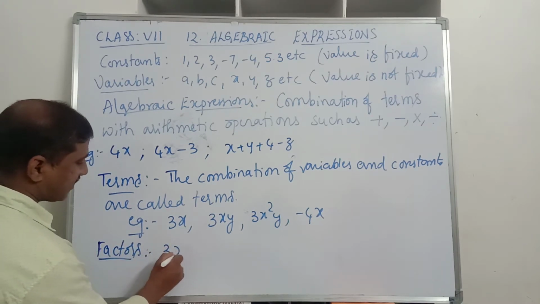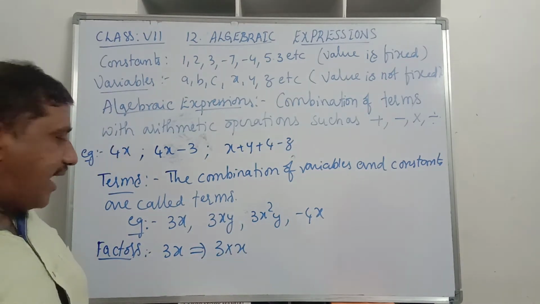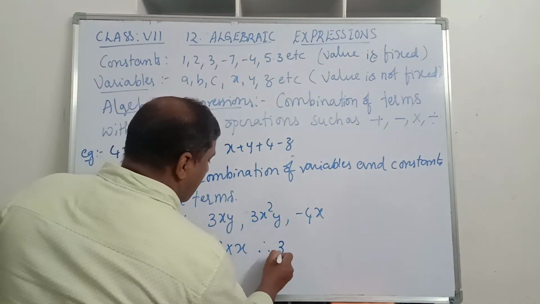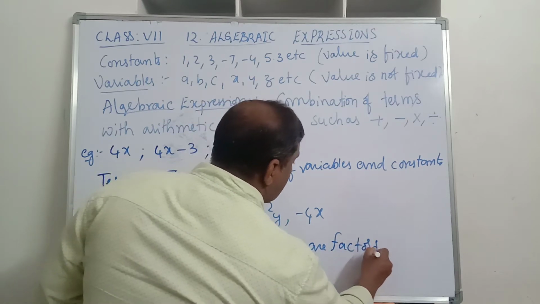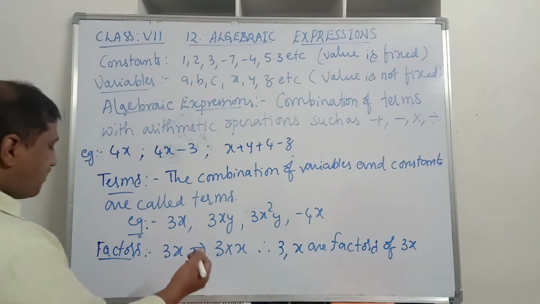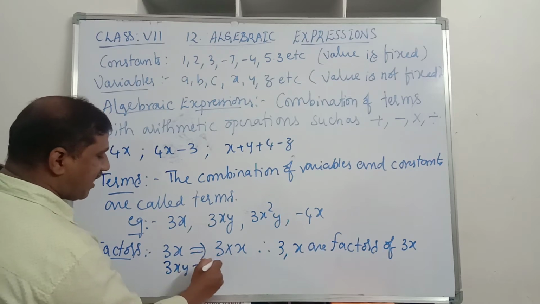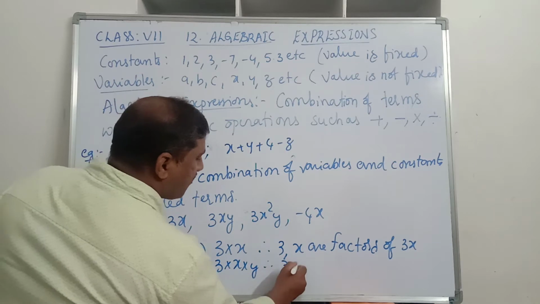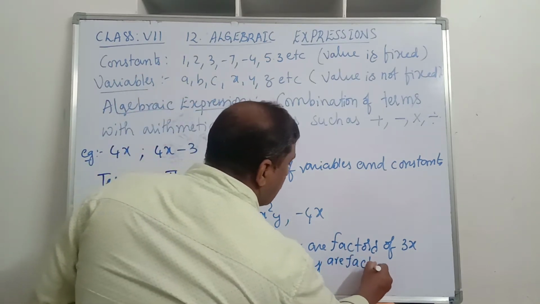Factors. 3x can be written as what? 3 into x. Therefore 3, x are the factors of 3x. Similarly, if you take 3xy, 3xy can be written as 3 into x into y. Therefore 3, x, y are factors of